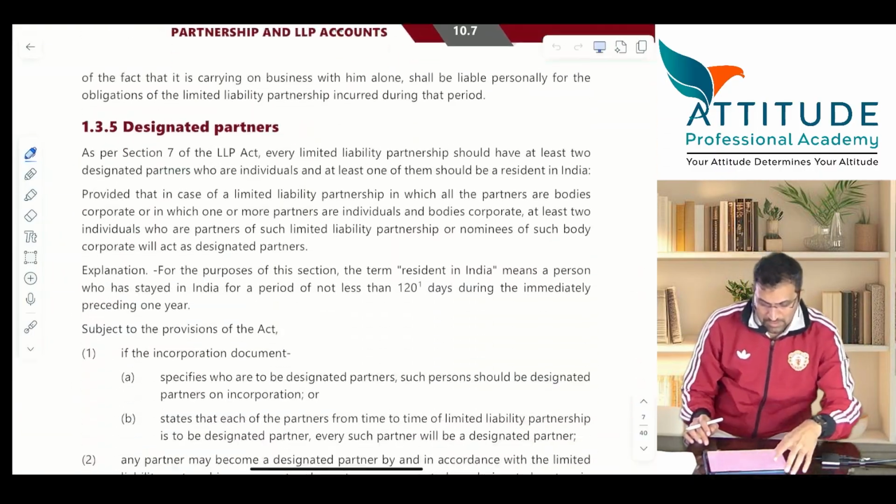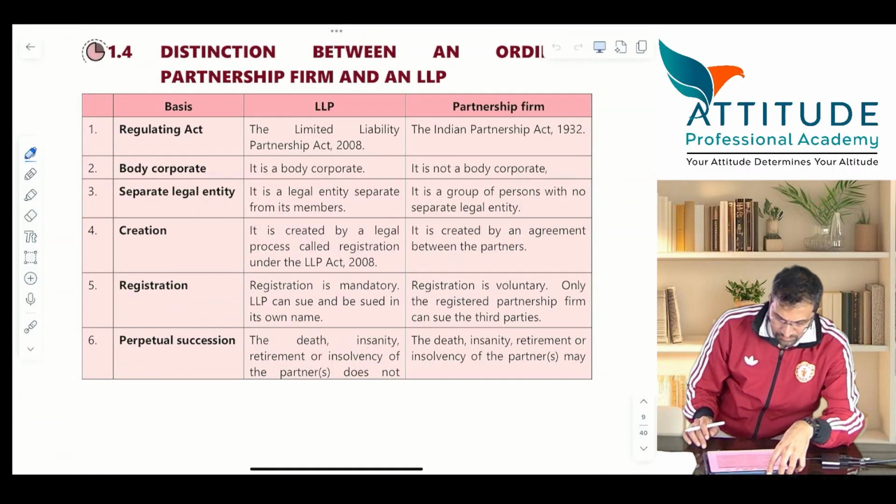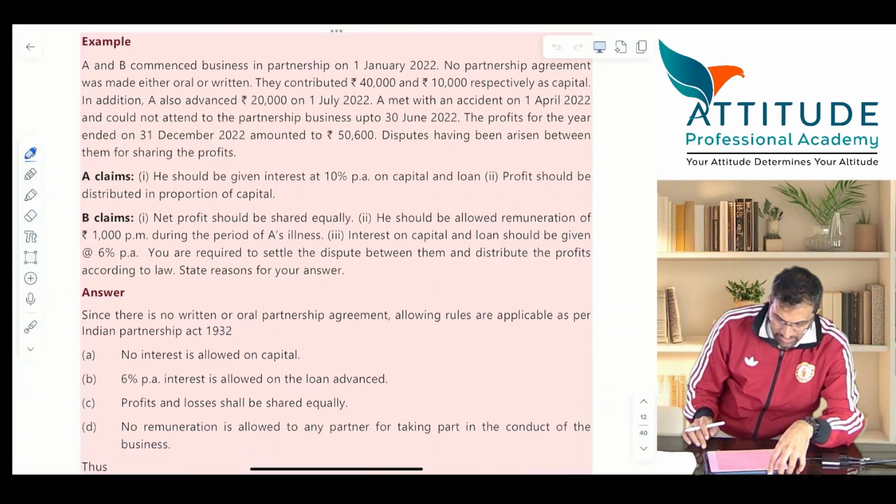aa jao idhar. Have a look at it. ये छोड़ो, क्लॉजेस छोड़ दो, ये तो थ्योरी में आएगा. हाँ